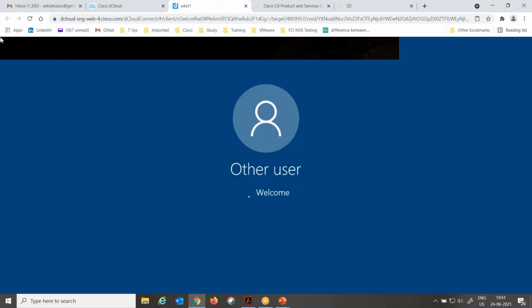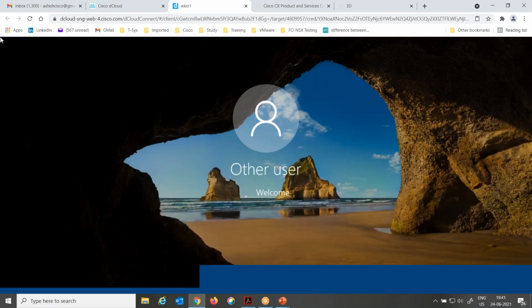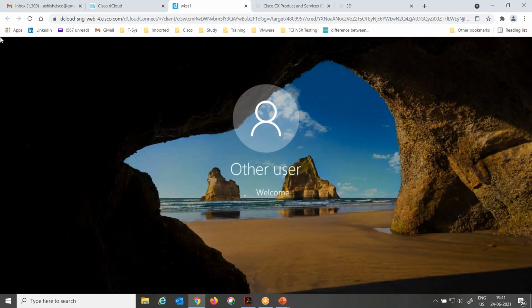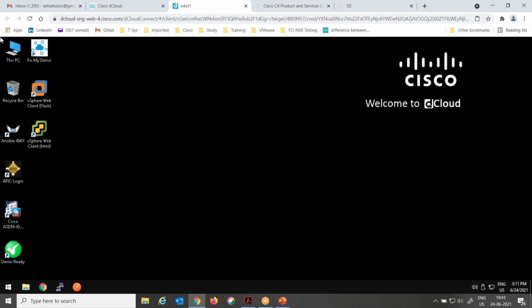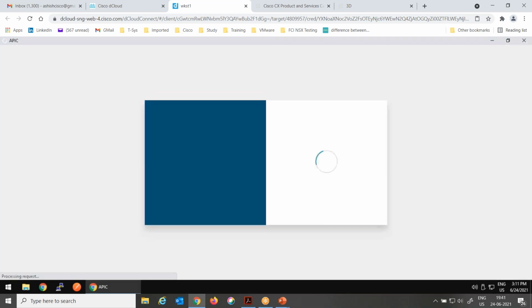This lab will provide you a Windows remote desktop, wherein you will have the controller icon on your desktop itself. So this is the APIC login. Just by clicking it, you will get into the